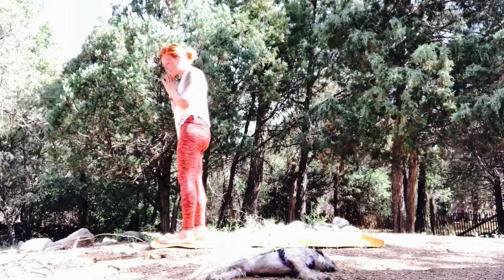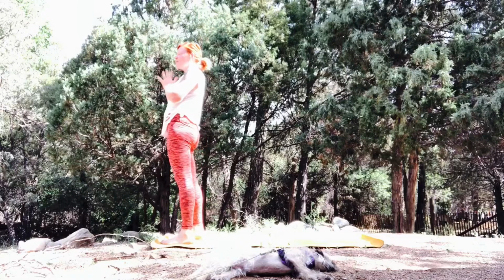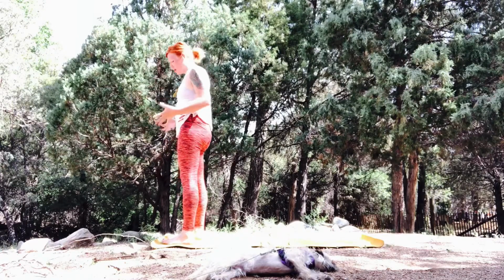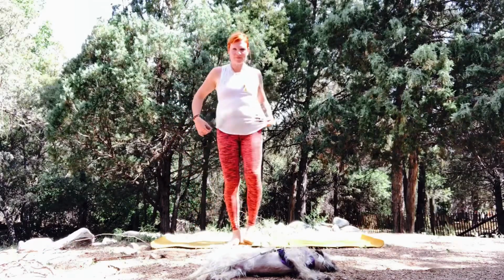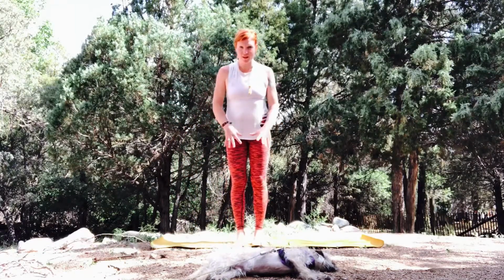And a mountain is one of these poses that often gets overlooked. It's one of my favorite poses. So really root yourself, root your feet. I can meet you here at the front. So really just root those feet into the earth. So just lift up